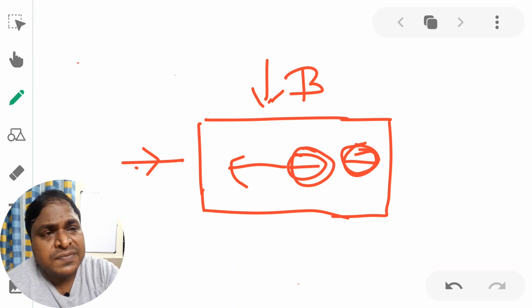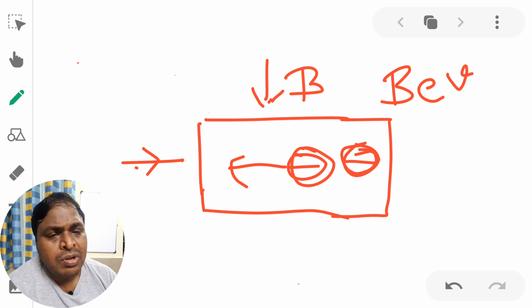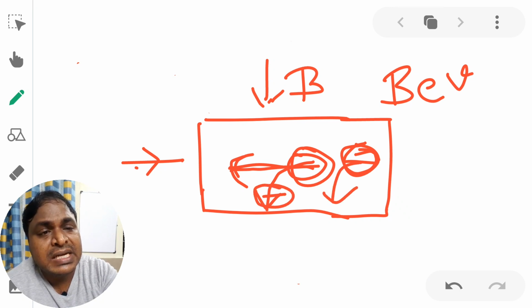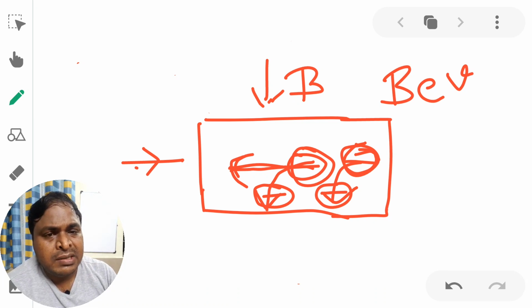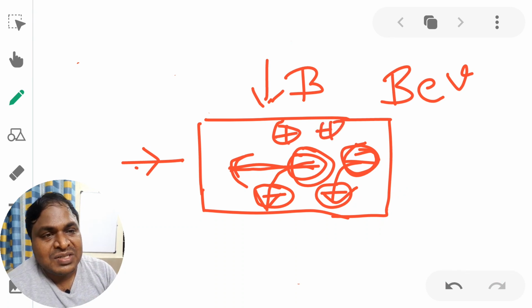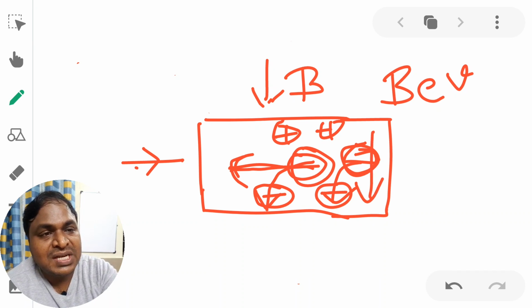What is magnetic Lorentz force? BeV. Okay, you all know when an electron experiences a magnetic force, the electron no more goes in a straight line, but it will take a circular motion. Then it settles down in the bottom face of the semiconductor, leaving few positive charges in the top face. So now you can know that there is a potential difference set up in the semiconductor.